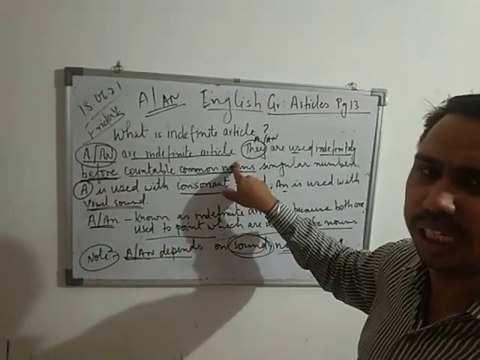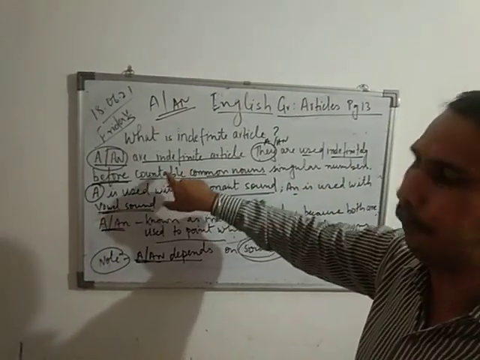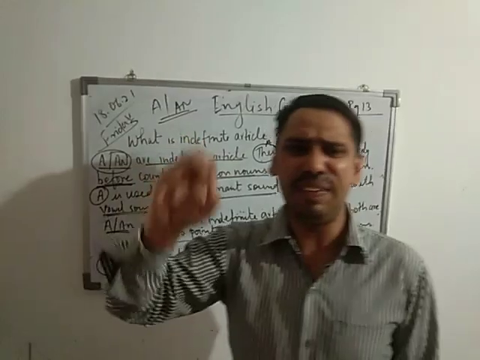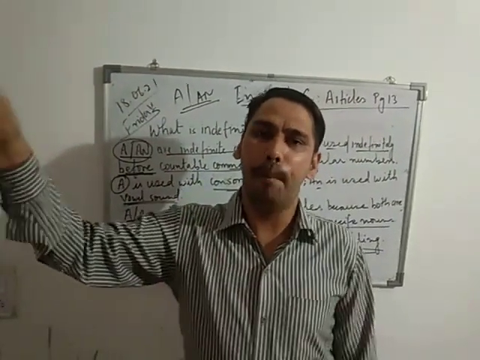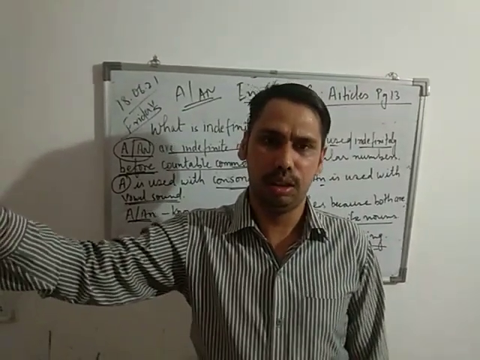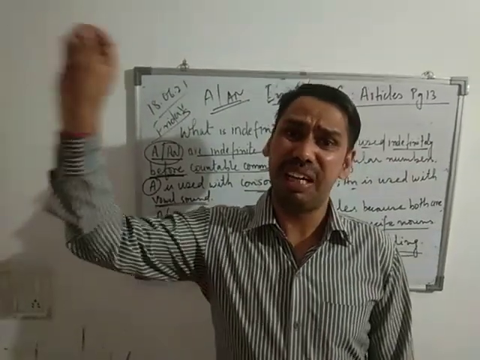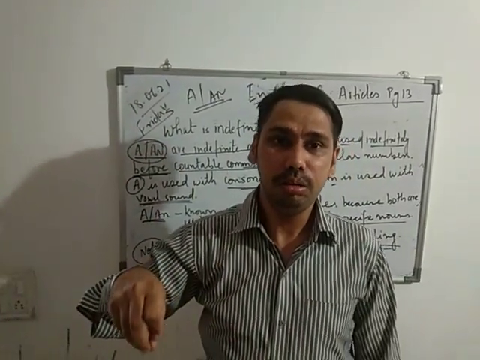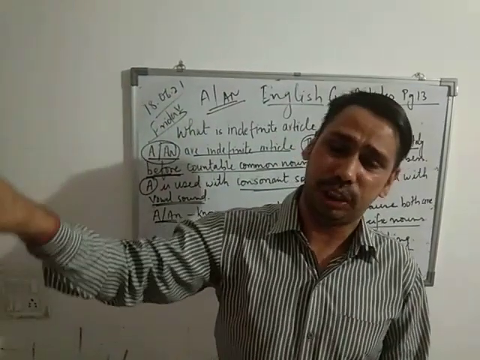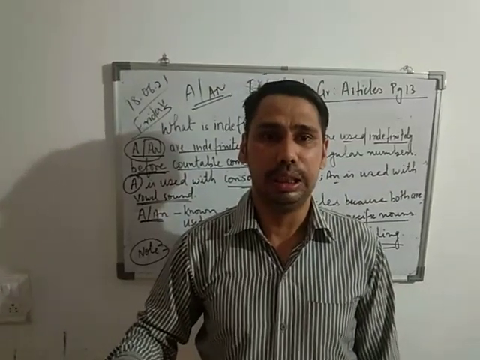Indefinite articles a or an are placed before the countable noun. Like if I say, he is a boy, boy is my common noun. It's not definite, it's not specified, so I've used a. The boy wearing the red t-shirt is my brother. Here I have specified the boy wearing a red t-shirt.